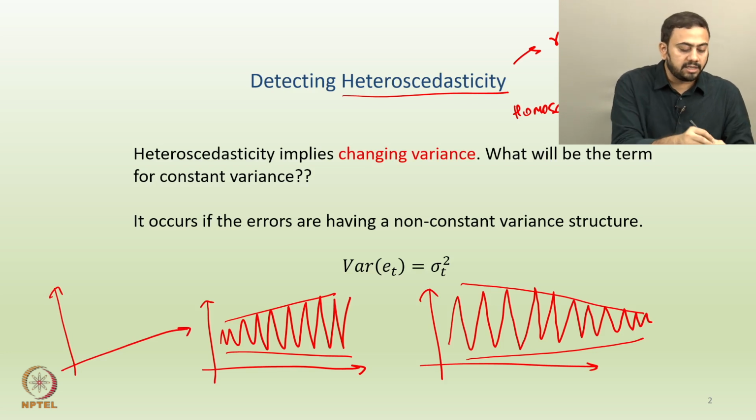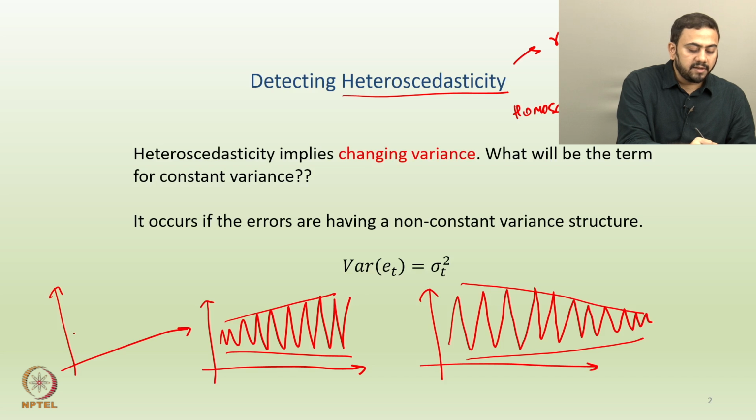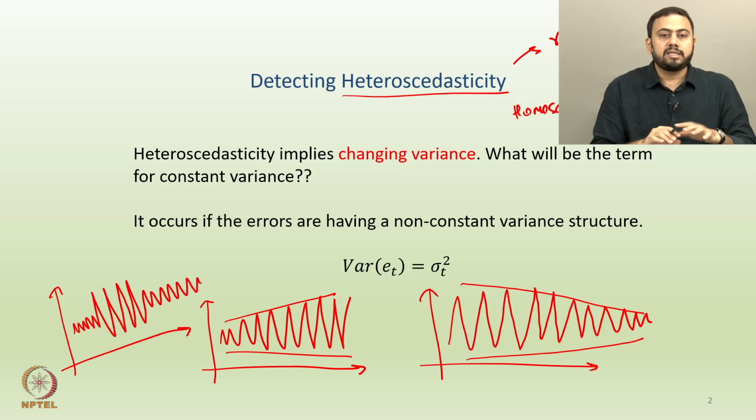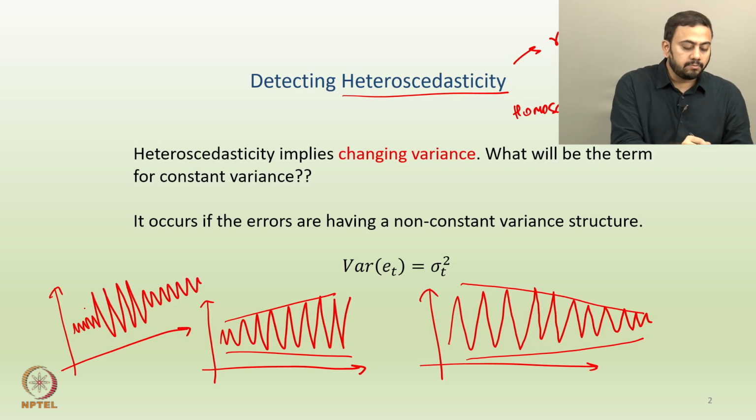So what do you mean by localized neighborhoods? Let us say initially the variance oscillates in this manner, and then suddenly there is an increase in variance, and then again the variance is in a very tight band, something like this. So rather than the variance increasing or decreasing in an overall nature, you see some localized behaviors of fixed patterns among the changing variance.